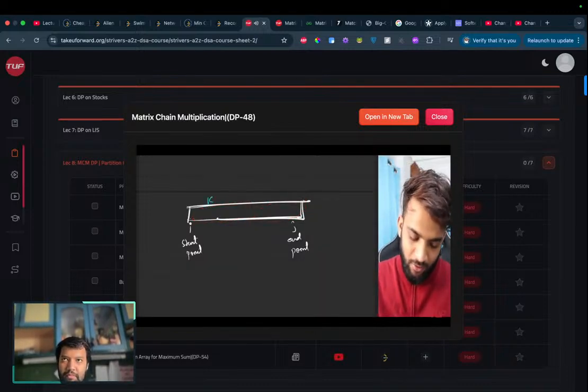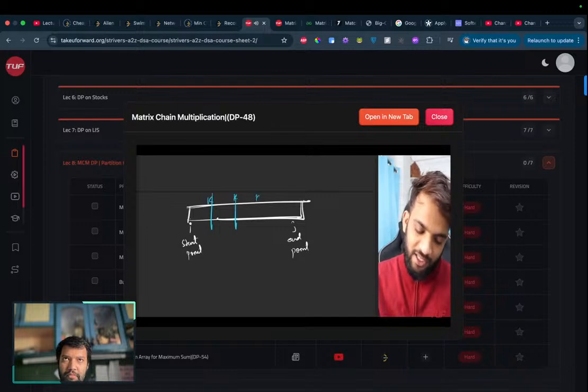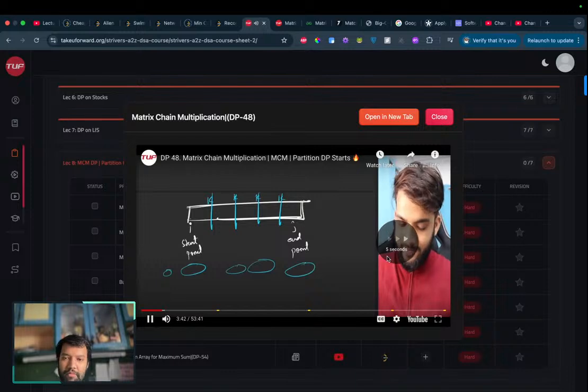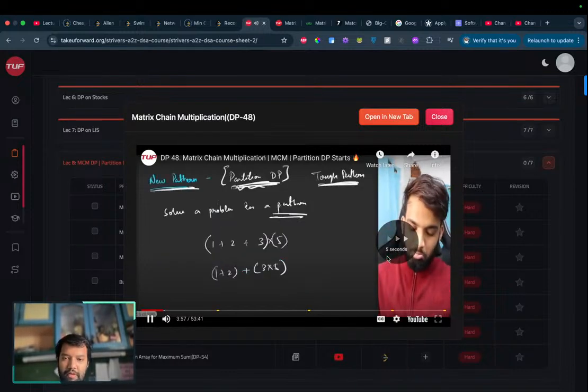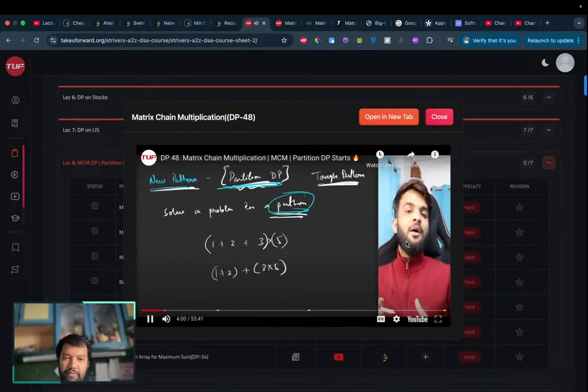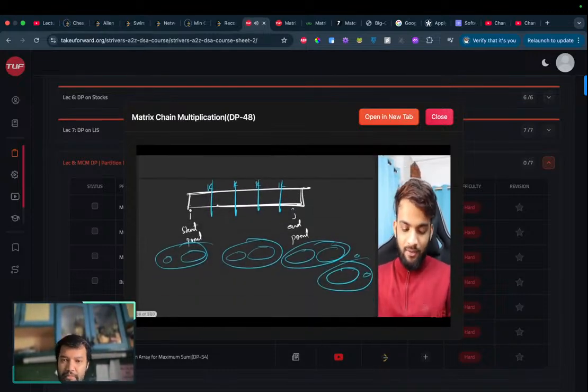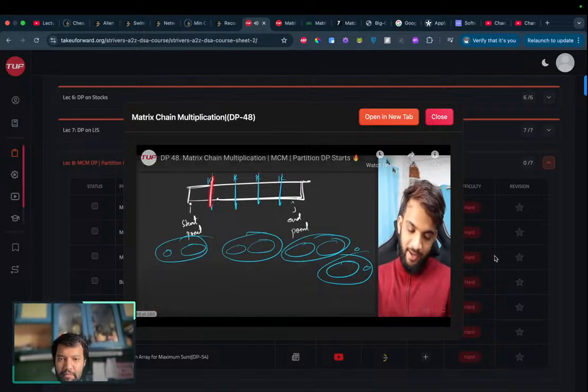Partition k can be here, partition k can be here, it can be anywhere. So there can be multiple parts, and a pattern like this can be solved using partition DP. Whenever you try to partition it in this way, you have to solve this portion,